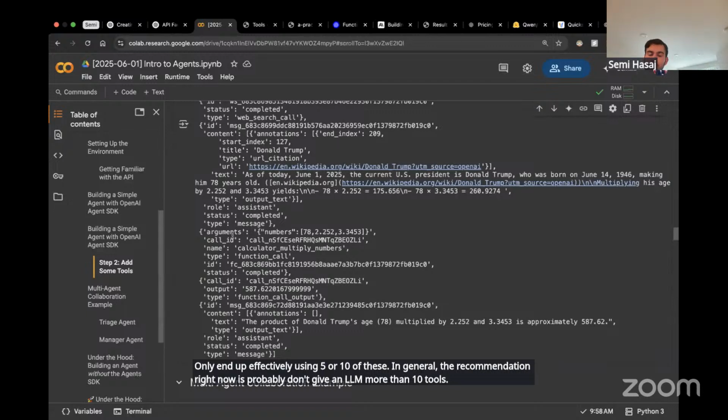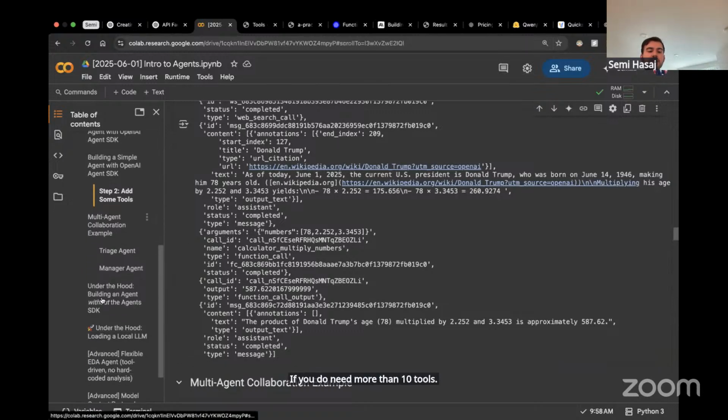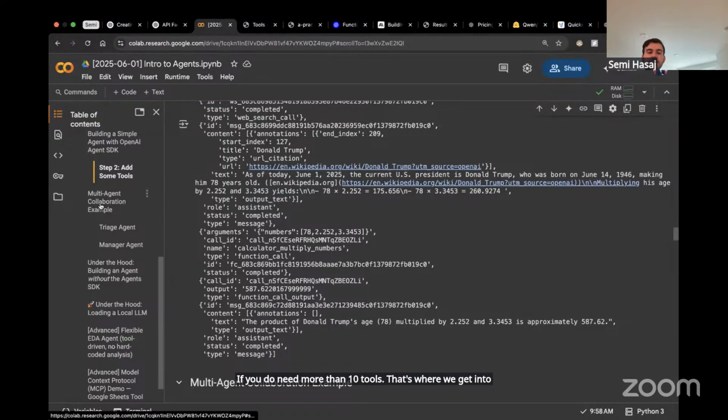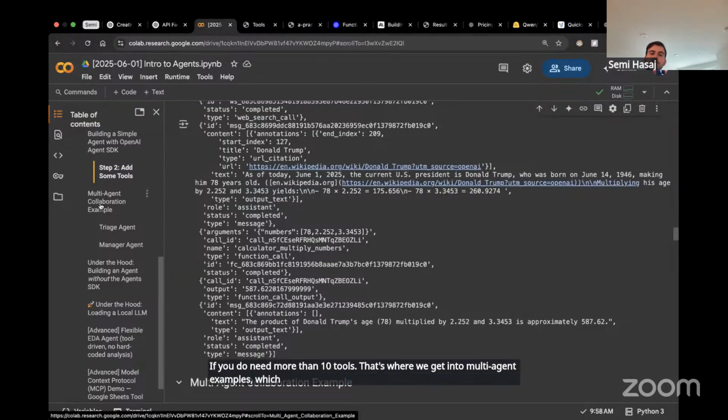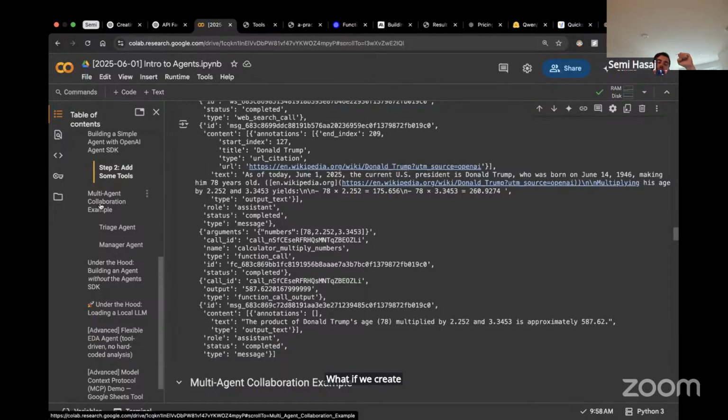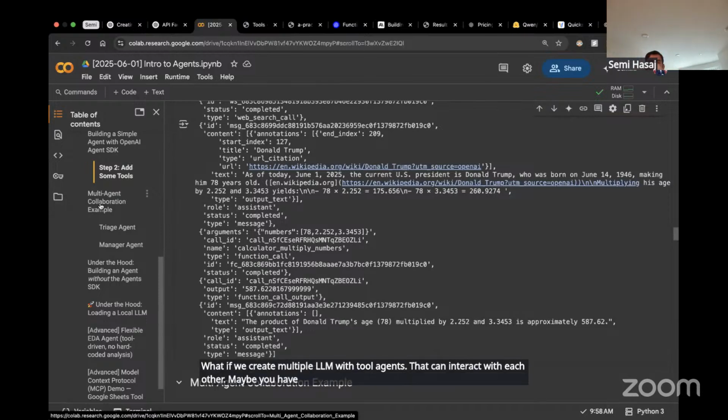If you do need more than 10 tools, that's where we get into multi-agent examples, which we're going to jump into next. Instead of giving one LLM a lot of tools to do a lot of different things, what if we create multiple LLM agents with tools that can interact with each other? Maybe you have a researcher, a coder, a project manager, and you get them to interact with each other.